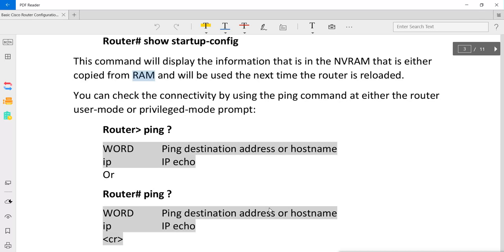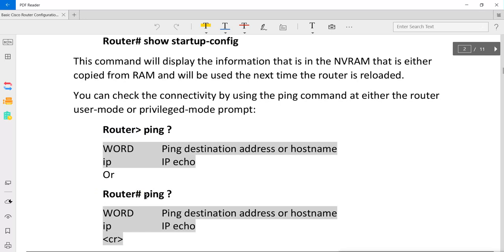So we can use ping in our router to check the connectivity, just like we use it in the command prompt of Windows or Linux machines. We use the ping command, and then we use the IP address of the other machine. Here also we can use the ping command, in user mode and also in privilege mode.